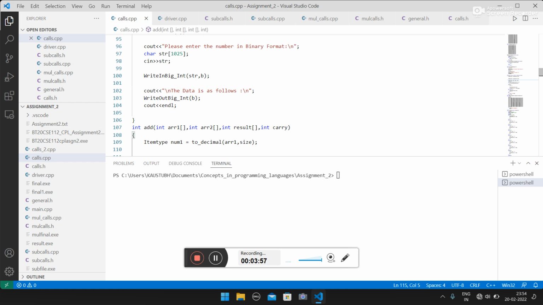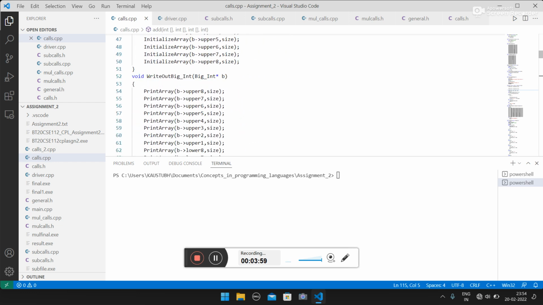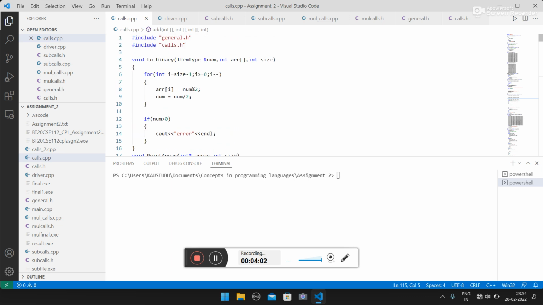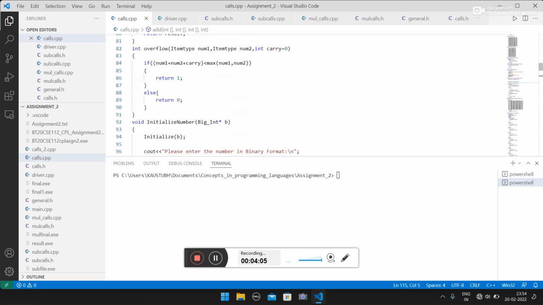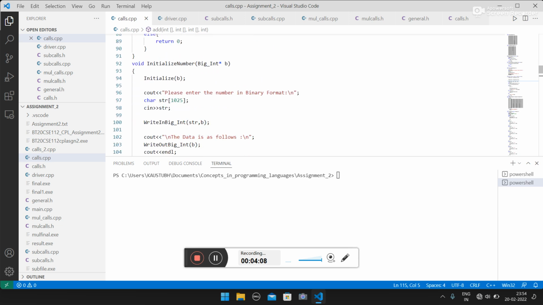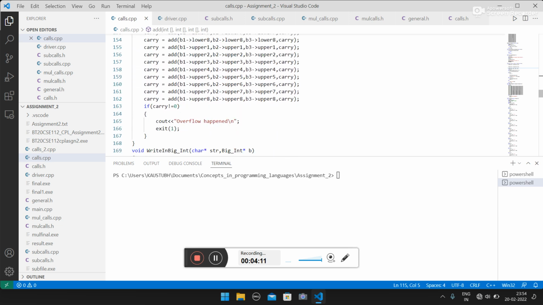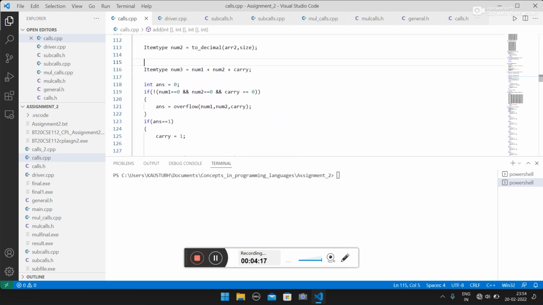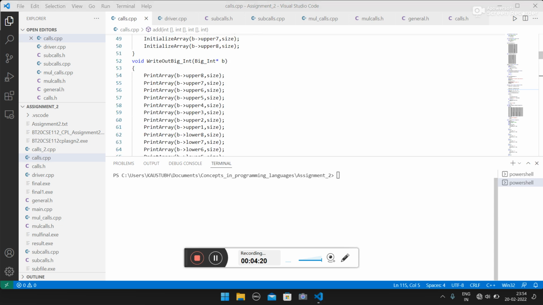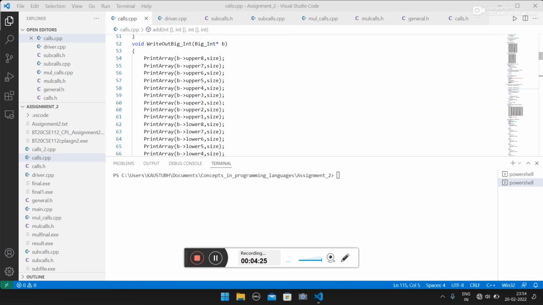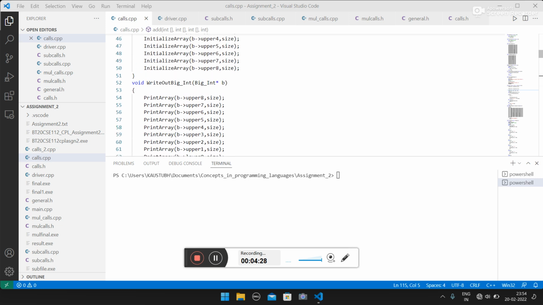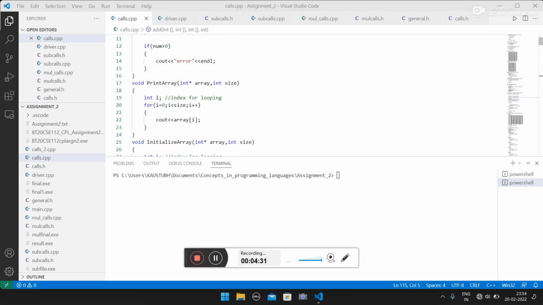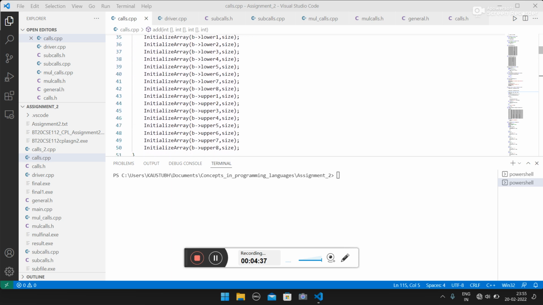So this is write out big int b. Here in write out big int b, it accepts a pointer to big int, and it prints each array, just like we initialize each array. Each array is printed by the function print array, and each array is passed as b is pointed.